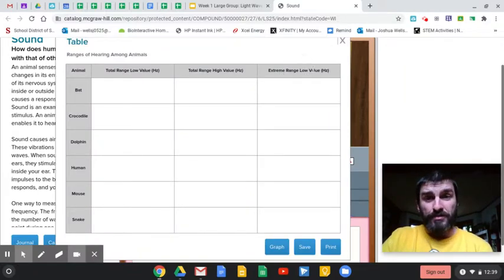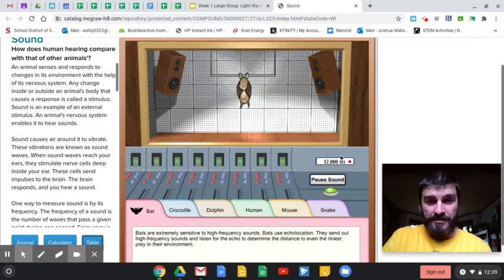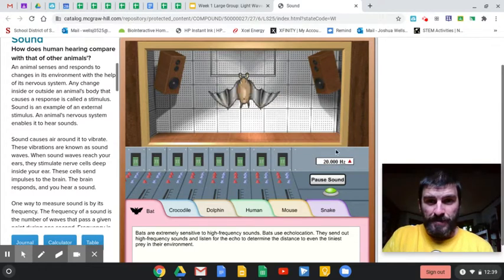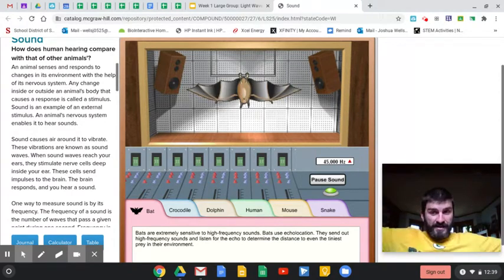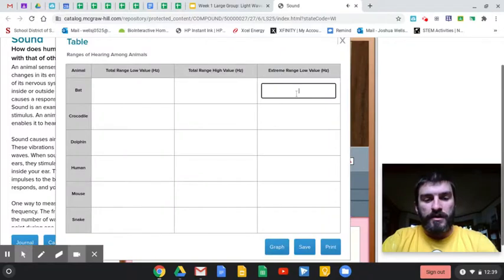To find that extreme range low value, we're going to find the point where the bat starts to really change and interact with the sound. So let's find the point where that bat starts to really expand its wings. Not 20,000. At 45,000, that bat is completely extending its wings. This would be the number, 45,000, that we would fill into our extreme